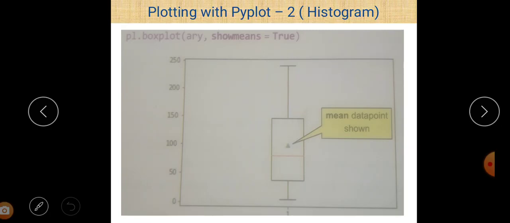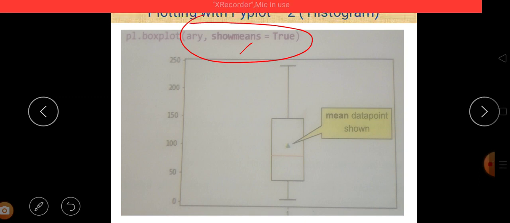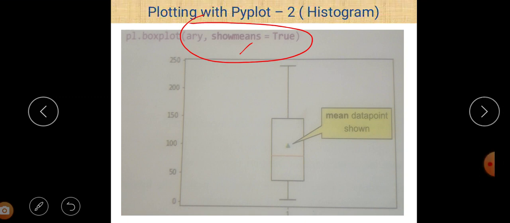If we just write show mean is equal to true, note that here only two parameter values are used, only ARY and show mean. So you can easily see that there is a point inside the box which shows the mean data point.